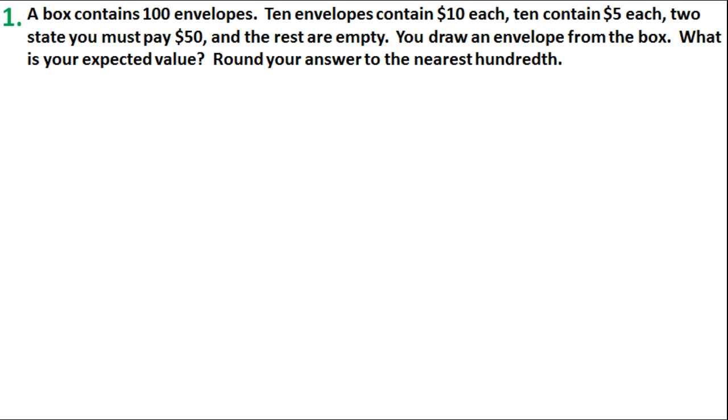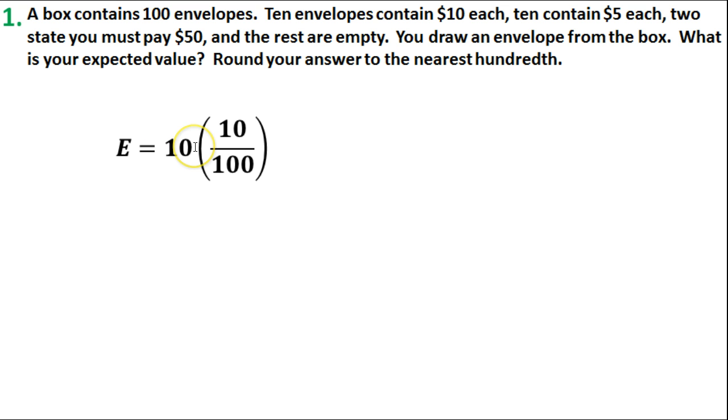Alright, so in order to determine what expected value is, we have to take the amount of payout, how much money we're going to receive on this, and multiply that by the probability of each one of these events occurring. Okay, so we've got 10 envelopes that contain $10. We're expected to earn $10 if we can get one of these 10 envelopes. So we'll take this $10, multiply that by the probability of getting one of these 10 envelopes. 10 envelopes out of 100 total, so 10 divided by 100 would be our probability of getting